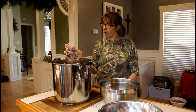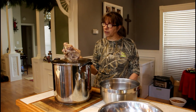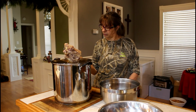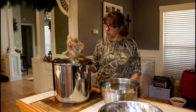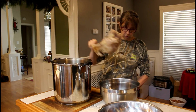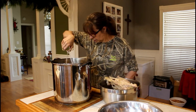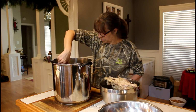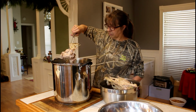This came off the big gobbler. Significant difference than the other, the smaller ones. This was one of our 1.5-year-old turkeys. Let's see. A lot of it's falling apart, so